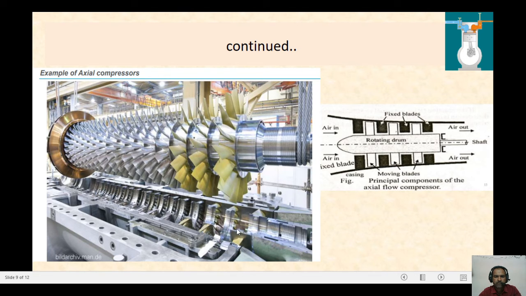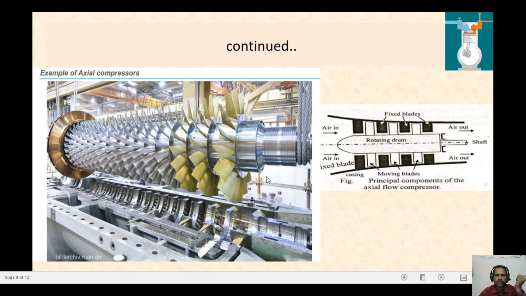And at the bottom you can see, this is called a stator. What is that? A stator is fixed, it is not movable. Rotor will be movable, it will rotate, and the stator will be fixed. And on the stator we have a number of slots, which are called the fixed blades. These are the fixed blades, which are called stator blades. Clear? So an axial flow compressor consists of rotor, stator, rotor blades and stator blades. These are the four main components or elements of the axial flow compressor.